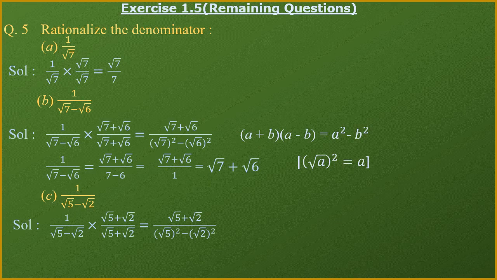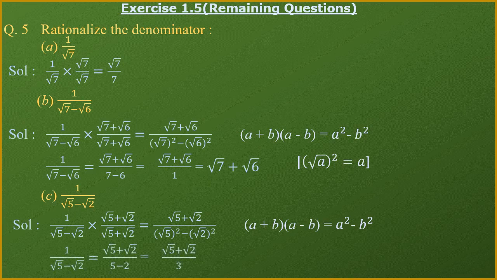So what is a square here? Root and square will be cancelled. See, look at root of 5 whole power 2 is given. So power 2 and the symbol of root will be cancelled and remaining is only 5. Okay. Then similarly root of 2 square will become 2, and from 5 if you subtract 2 it will become 3. Okay. So this is your answer of this third part. Now the next one.